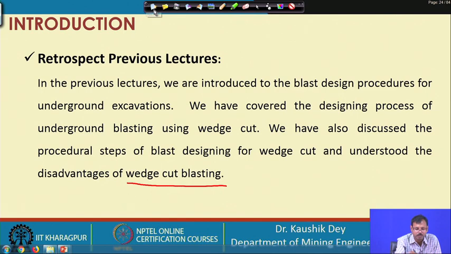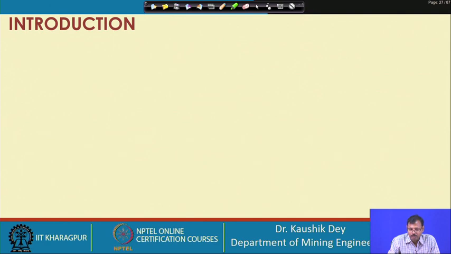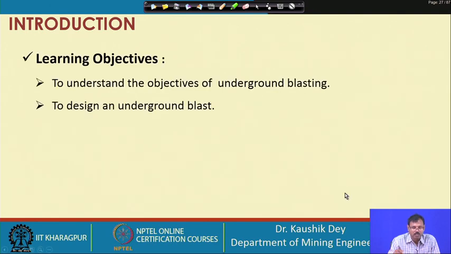there are other methods of designing the cut area, which was also discussed in the last class, called burn cut. We have covered the design of wedge cut and understood its advantages and disadvantages. The learning objective of this class remains the same as the last class, that is to understand the objective of underground blasting and to design an underground blasting.